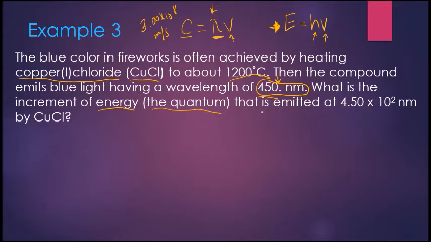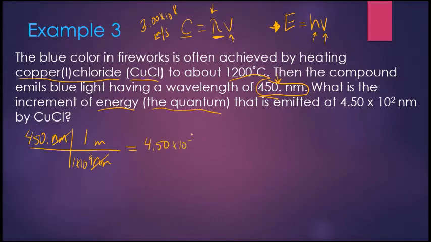So I'm going to start by working with my nanometers. Now, once again, the nanometers is a problem because I can't use it directly in my speed of light equation. I need to change it to meters first. So nanometer is going to go on the bottom, meter is going to go on the top. Now, if we remember from the first problem, 1 meter equals 1 times 10 to the 9th nanometers. So we can quickly convert this over, and we get